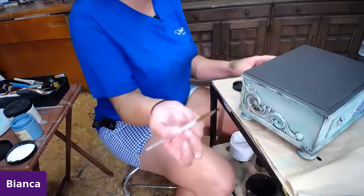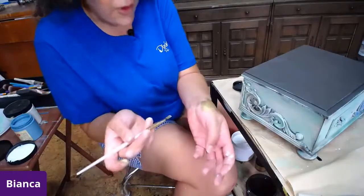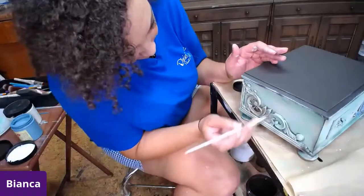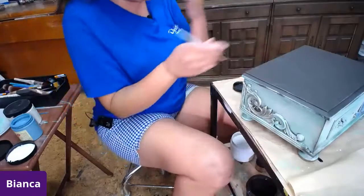Or you can use a paintbrush. So a little bit on the brush, same technique I've been doing, okay? You don't have to use your hand, obviously. You can put it onto a plate or a piece of cardboard or whatever you fancy, but you can do the same technique as I did on the birds with that bigger brush